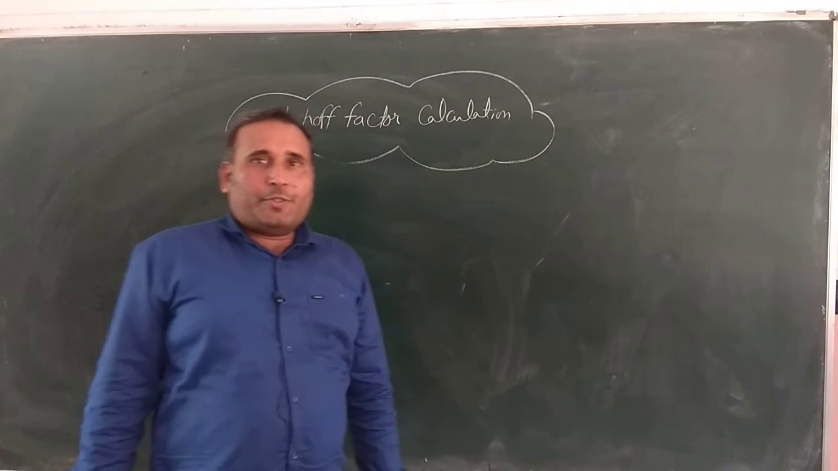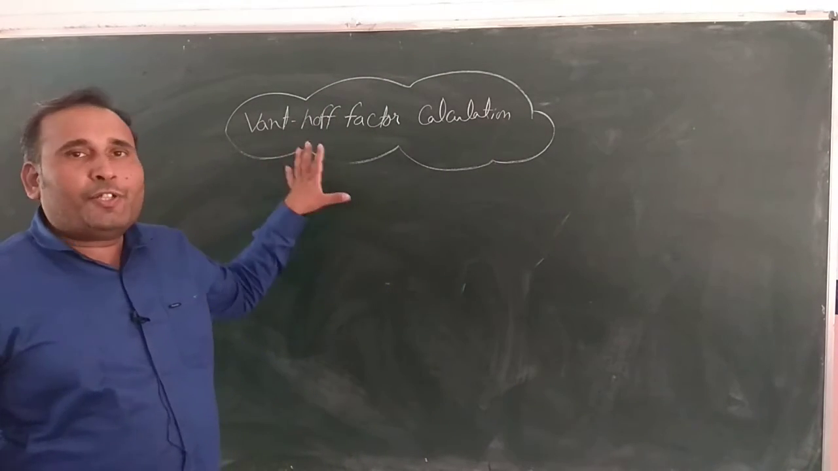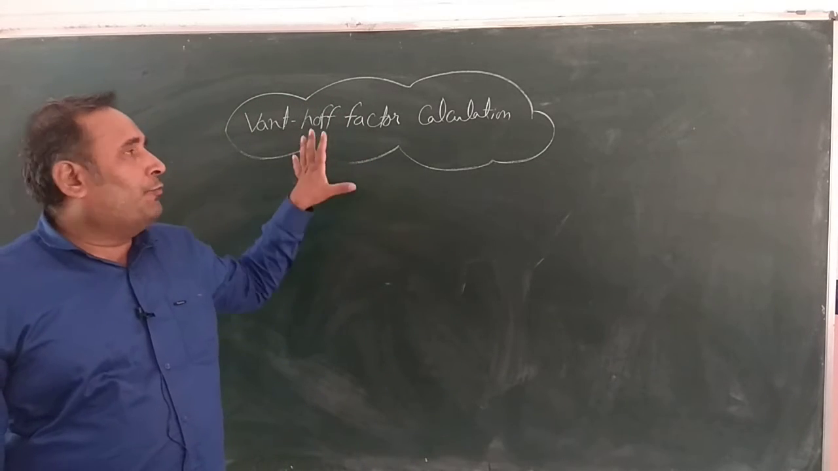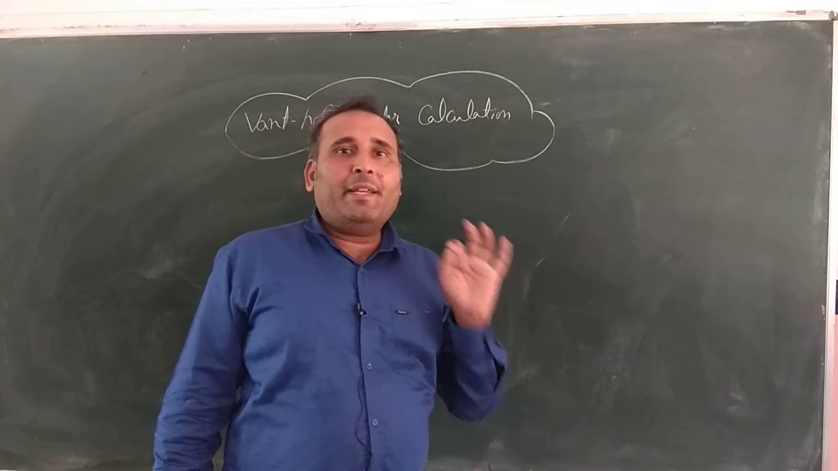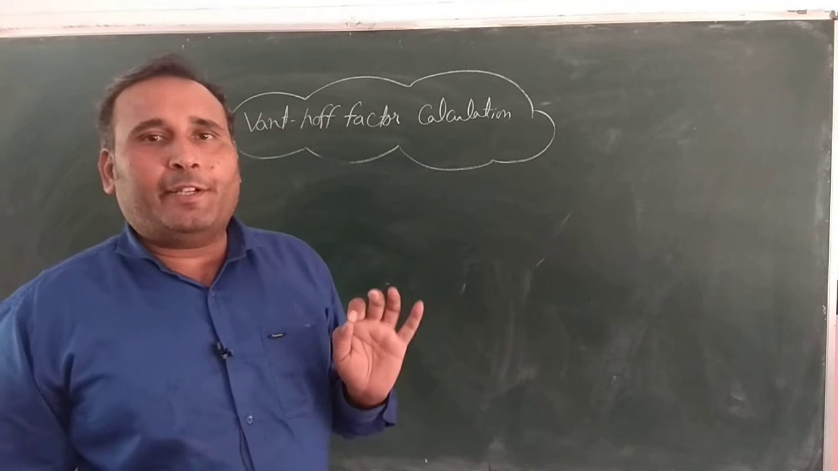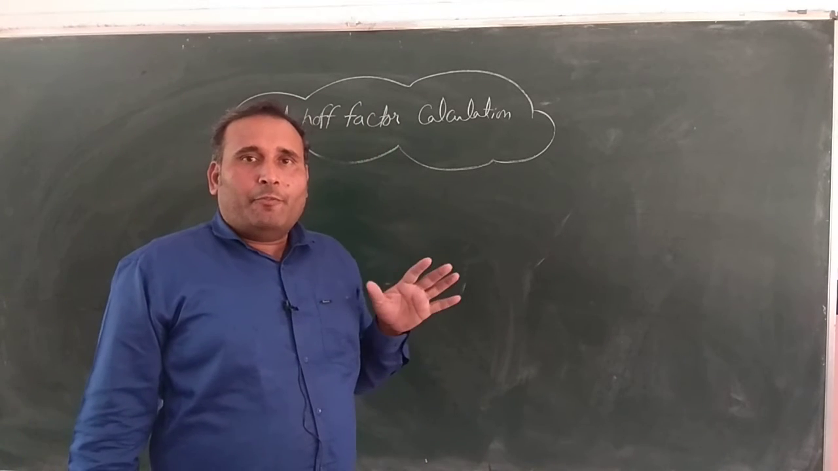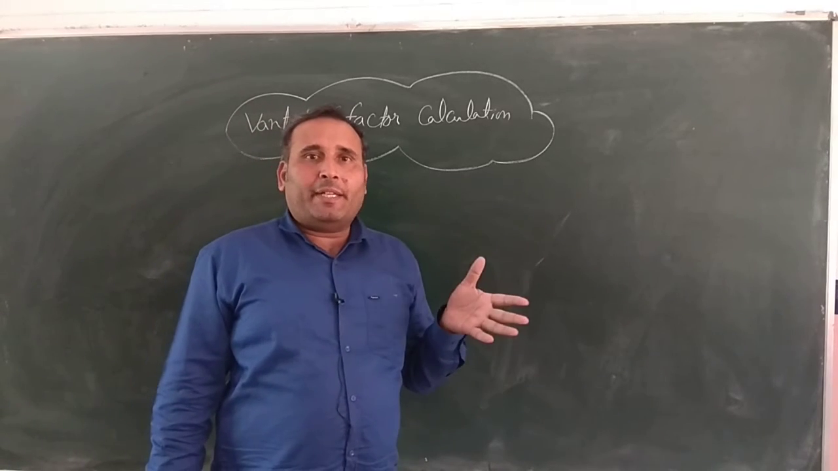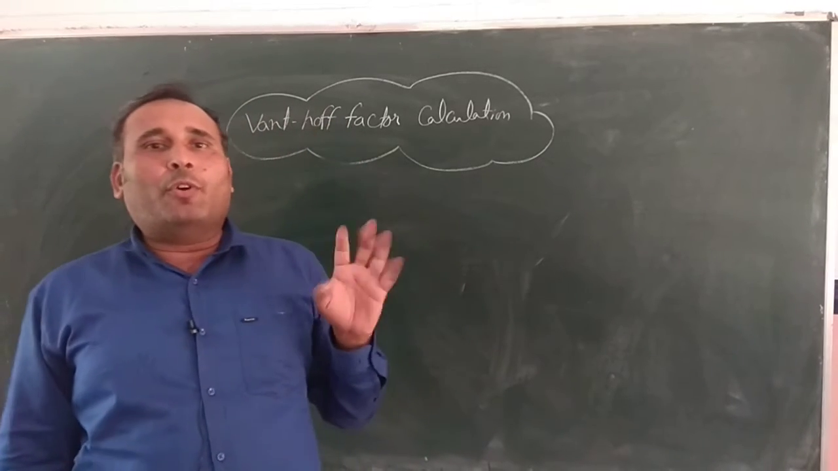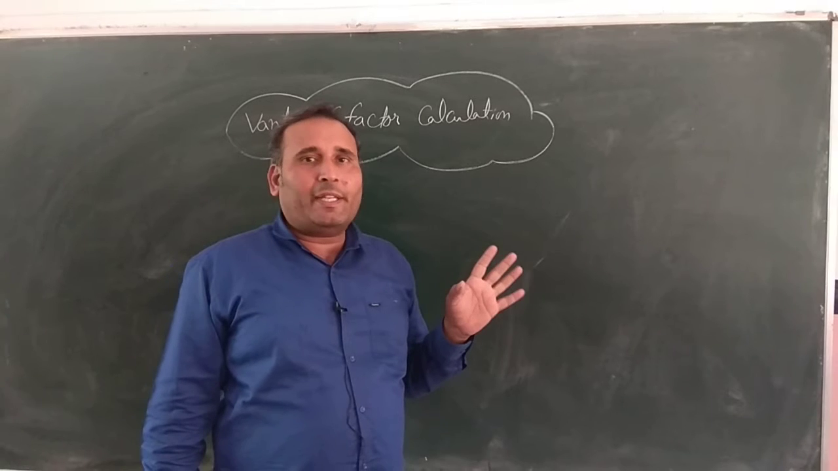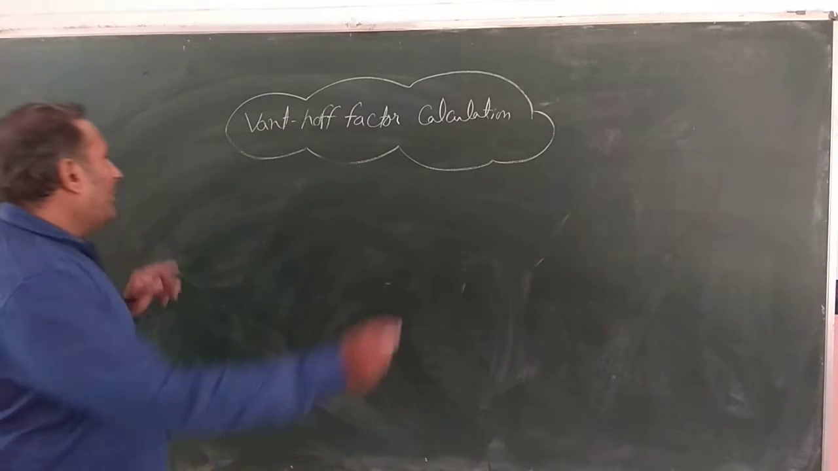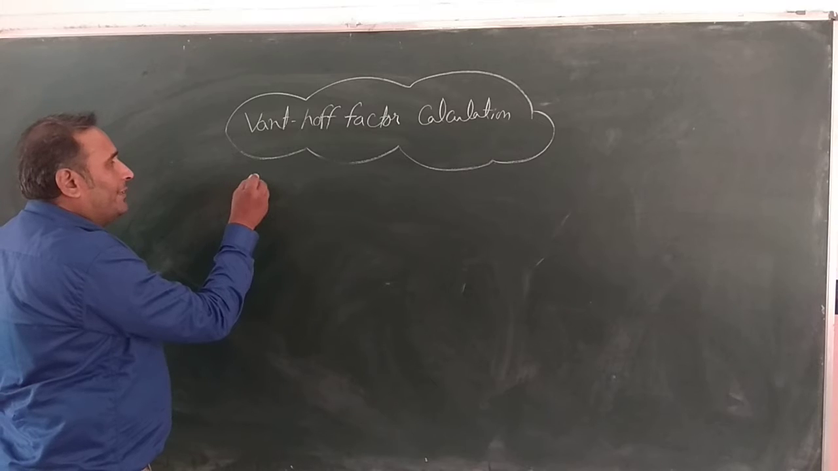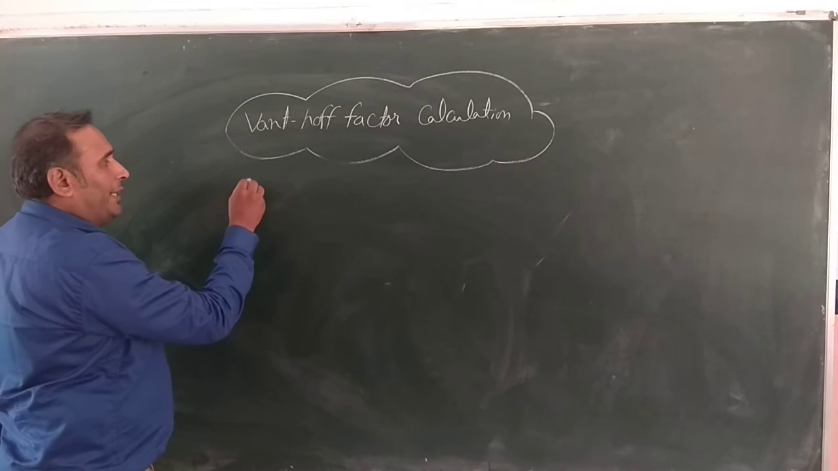Hello students, today we will discuss the calculation of Vant factor. We all know that Vant factor calculation is a very important topic of colligative properties. When we study any electrolyte's colligative property, we have to apply the Vant factor in the formulas of colligative properties. For example, suppose we are calculating elevation in boiling point, then the formula of elevation in boiling point becomes